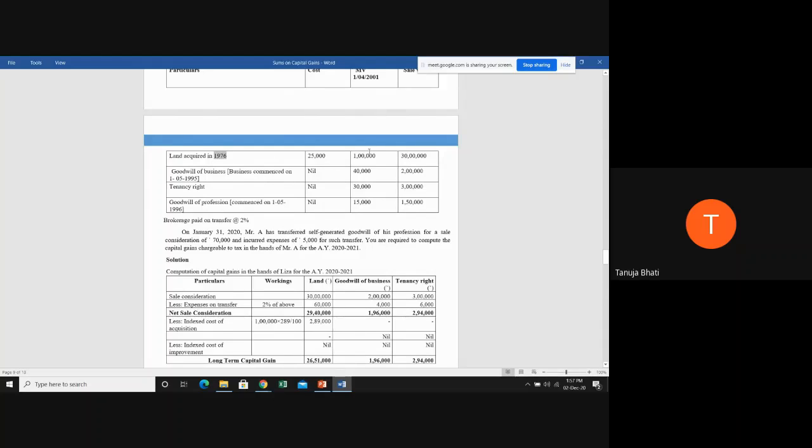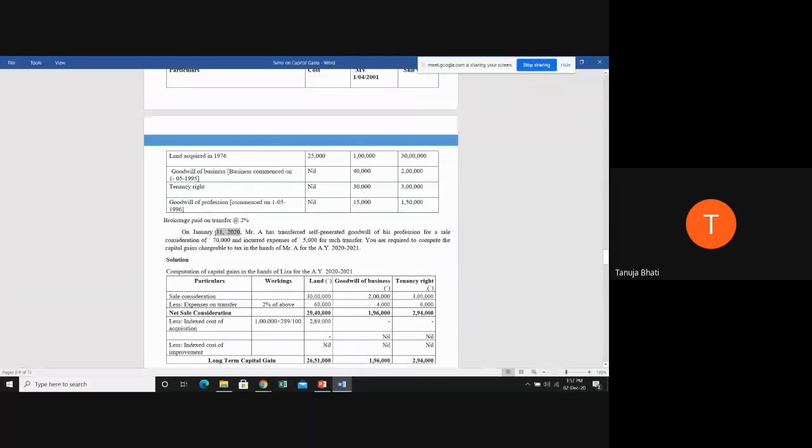It is going to be the fair market value as on 2001 or the actual cost, whichever is higher. Now in 25,000 and 1 lakh, what is higher? 1 lakh. 1 lakh into CII of the year of transfer. When he's transferring in the year